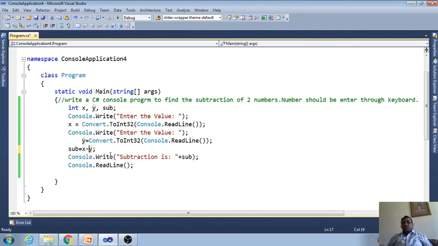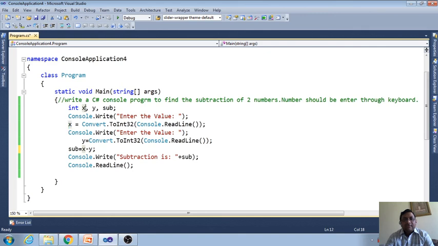Okay, so what I explained to you is how to write a program in which we are going to take data from the keyboard. Remember, when you are going to take data from the keyboard, you have to write this line. This is the message for the user, and x is what? The variable in which you are going to store the value.